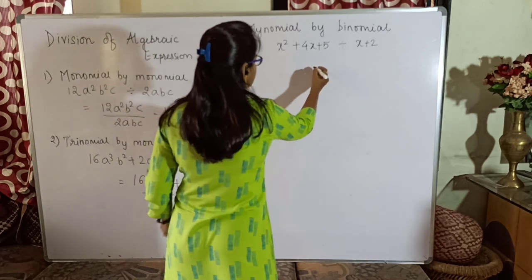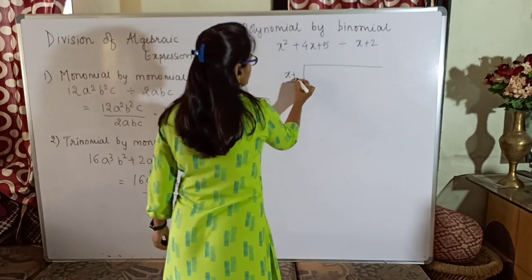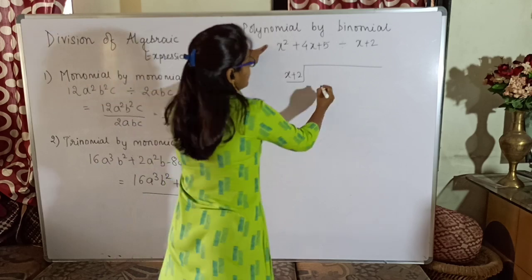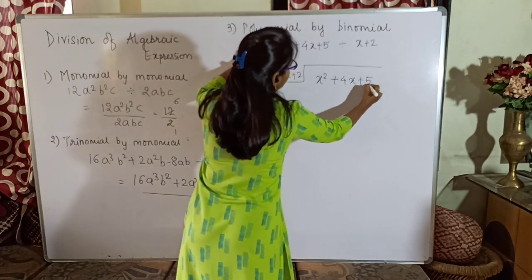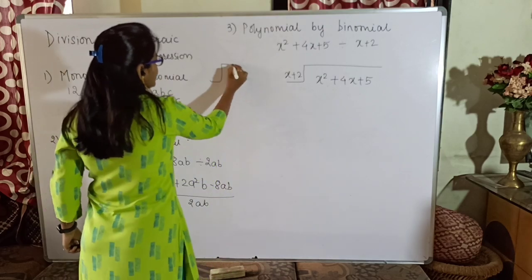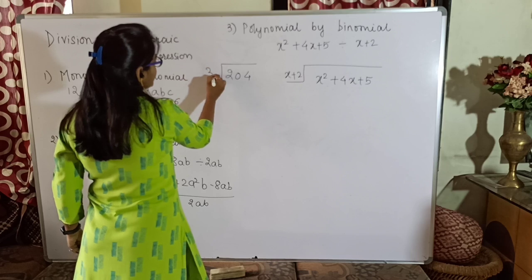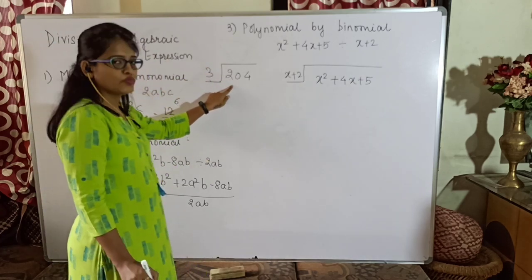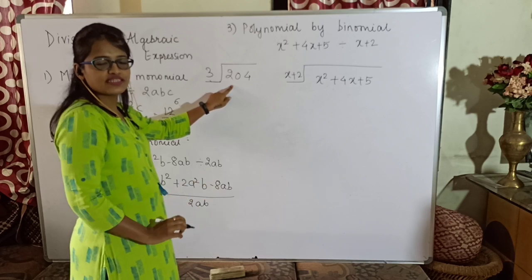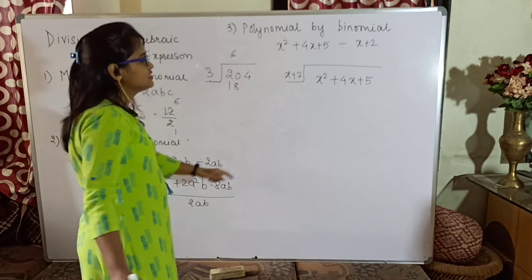2. Now let us write down in our normal division way. So x plus 2 is my divisor, whereas x square plus 4x plus 5 is my dividend. Now when you try to divide our normal numbers, suppose I am dividing it by 3, what do you do? In the table of 3, you go till 20. It should be equal or less than that. Yes. So it is 3 6 are 18. Similarly here,